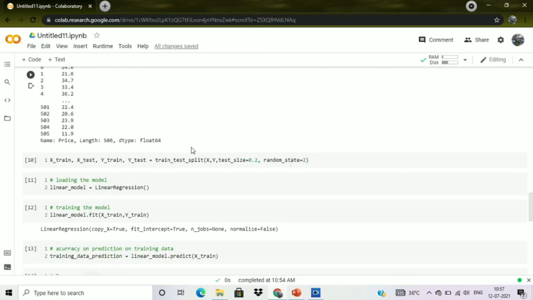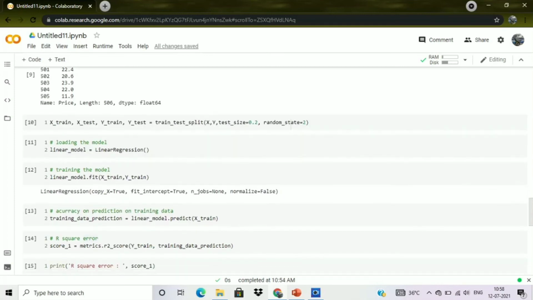Once we have done this, we are using the train test split function, and then we are splitting our data frame into two parts. So the two parts are training data and testing data. And then we have the main thing of this video, the loading of the linear regression model. So we have just created another variable here, and we have loaded the model. So after that we are training the model here. We are fitting the linear regression model with X train and Y train. We have already split both the variables here, and we are just training our model on this particular data set.